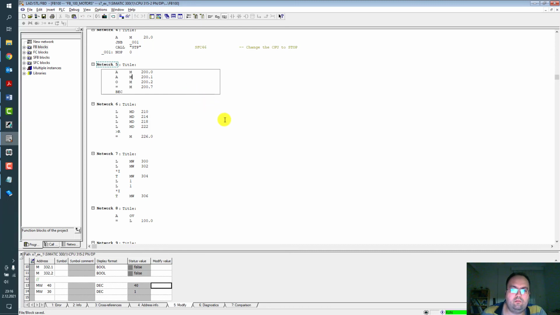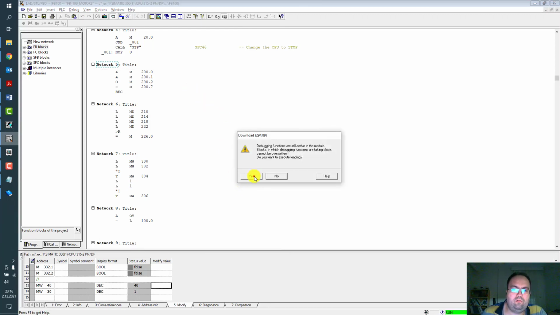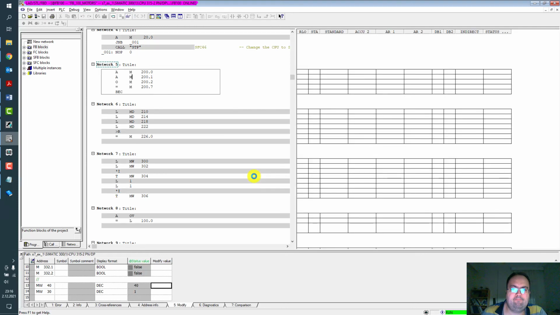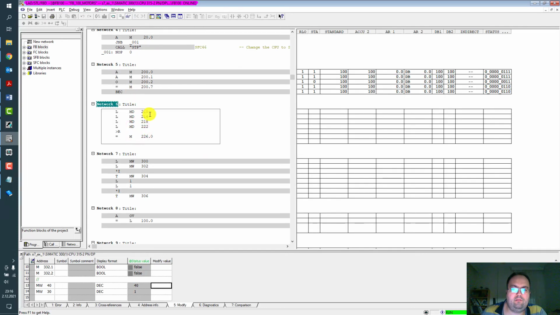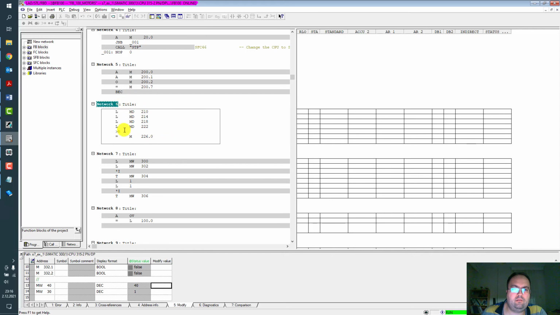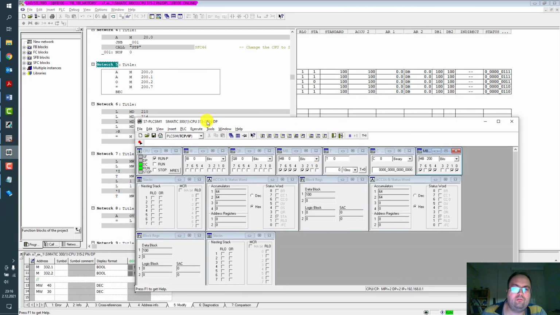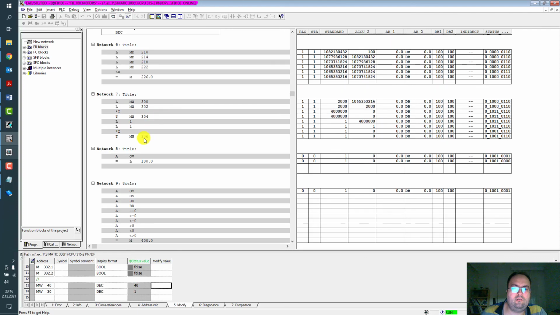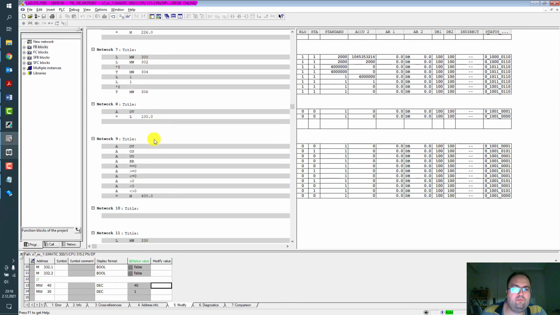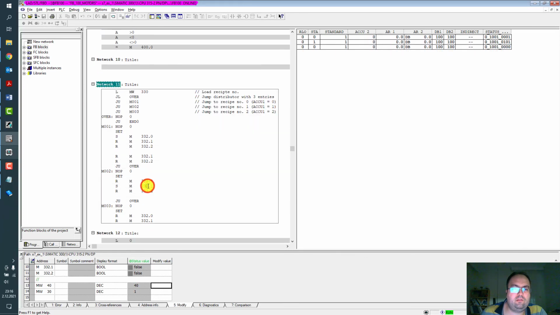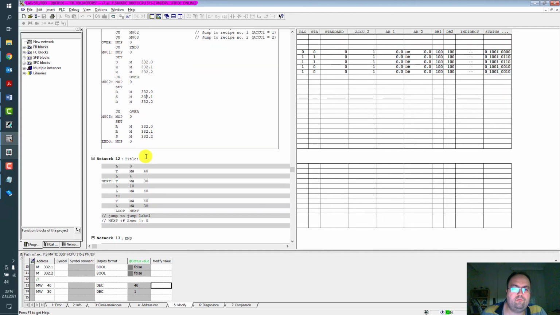Control and load. Overwrite yes, and right here our block ended. If you change the conditions, RLO is set to 0 and the remaining networks are executing right now.